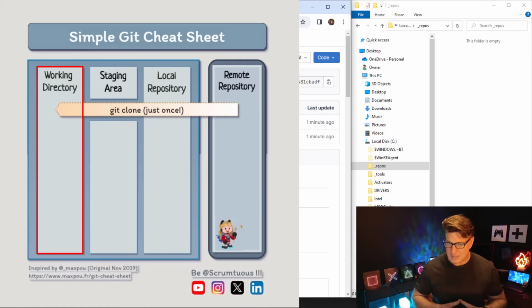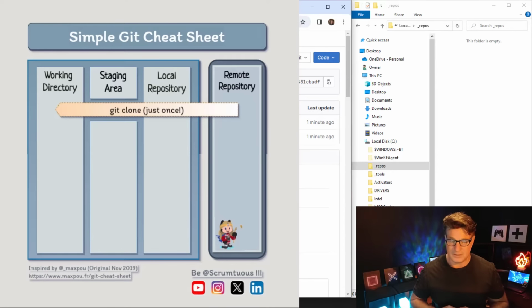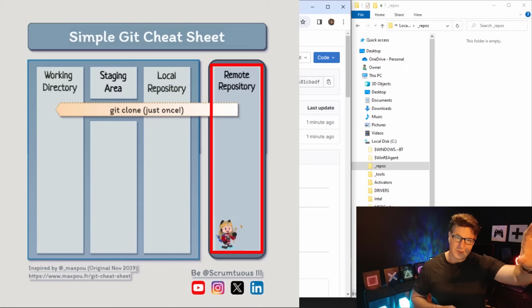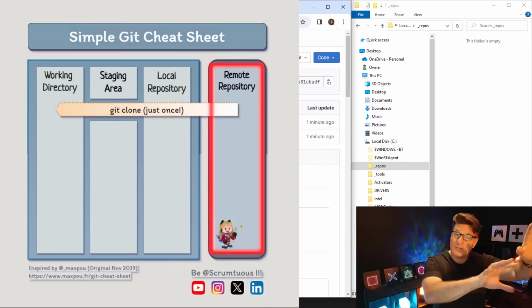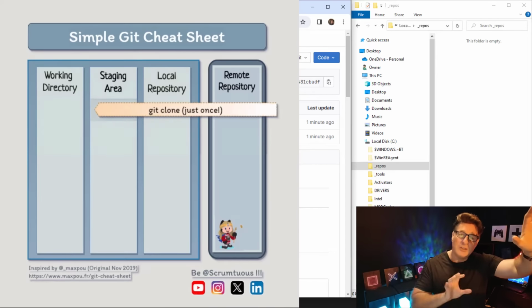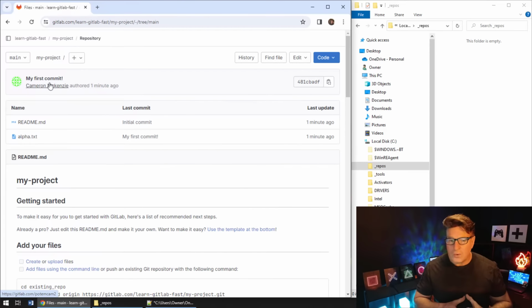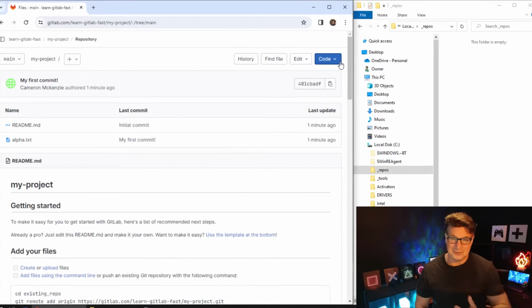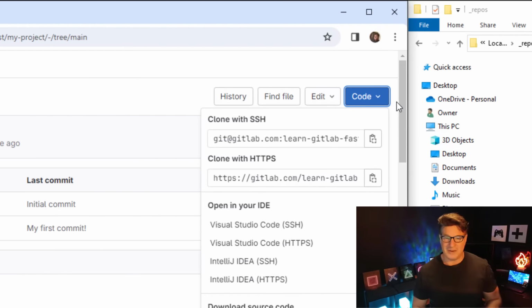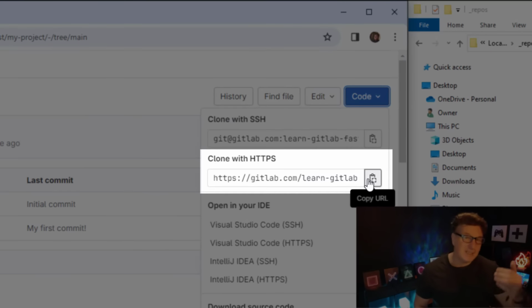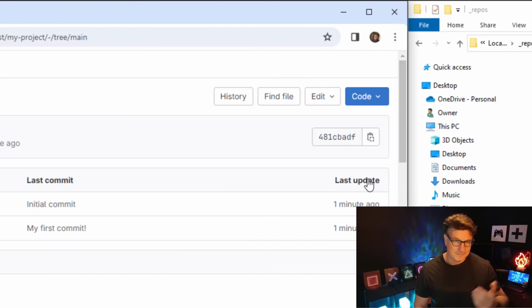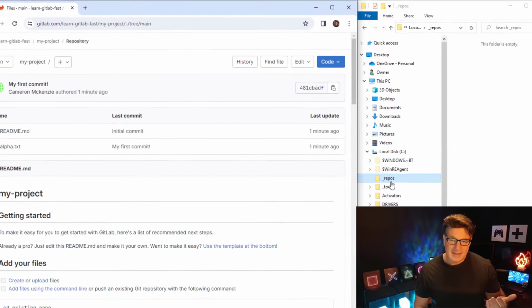Now, how do you do that? Well, as I mentioned, we're going to start working with these collaborative Git tools. When there's a repository on the server and you want to bring the files from that repository onto your local machine, you do a clone. Now, in order to do a clone, you need to know the unique identifier that GitLab has assigned to this particular project, to this particular repository. Fortunately, it's not hard to do. You see that beautiful blue button there that says Code. Just click the drop down, look at the HTTPS option to clone it, click copy URL,